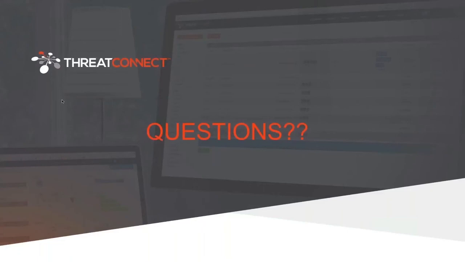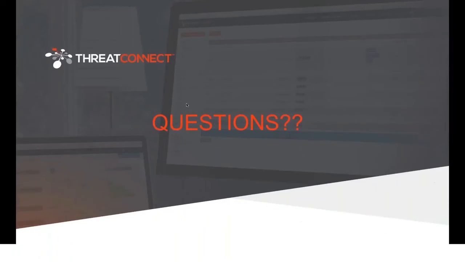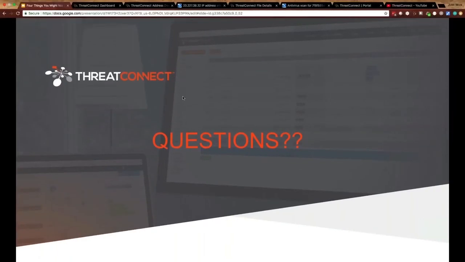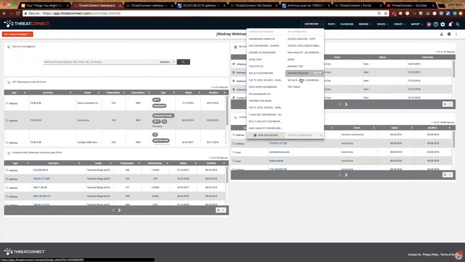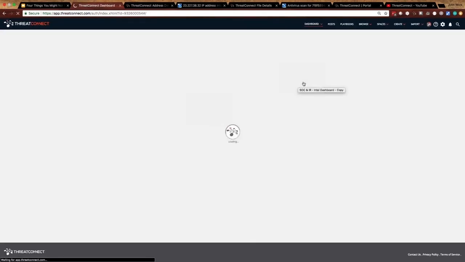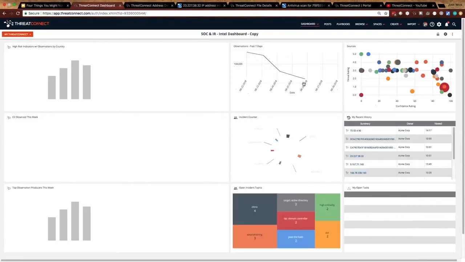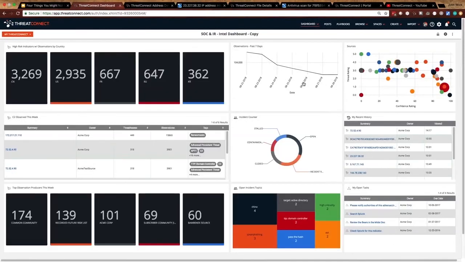Once we've built dashboards, can we share them with people within our organization? Absolutely. That's one of the things I love about dashboards, is we can go through and build a dashboard. So here I have one that's a SOC and IR Intel dashboard. These are great for a team lead. Say you have a team lead over that SOC team, or over the IR team, and you want to focus your analyst attention on specific things. You want to put those details in front of them. You can build this dashboard that you want your team working off of, and build it to focus on the things that are relevant to your organization.